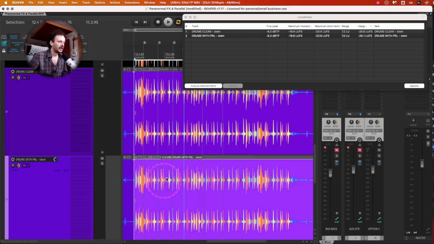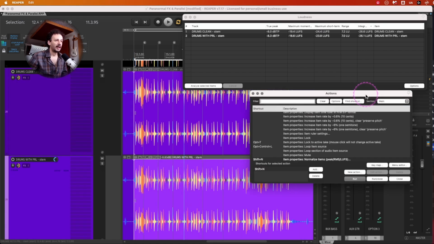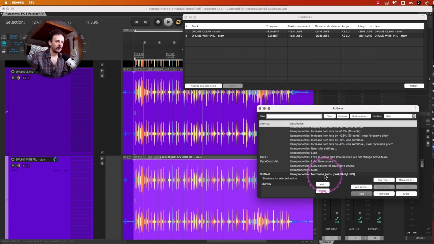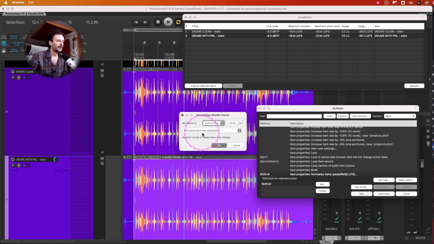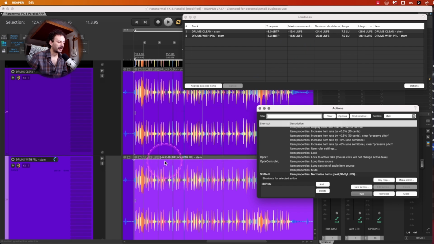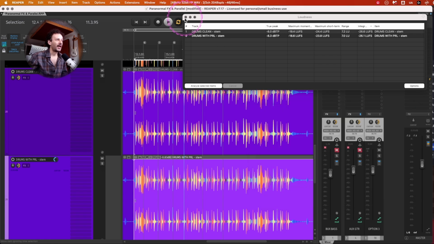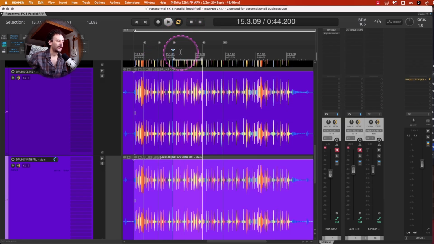So I can just take the drums parallel printed, I can hit the action normalize items, pick RMS loops. It's going to pop up this window and I'm going to normalize each item separately and I'm going to match this number, minus 19.4. It's going to make the proper adjustments. It's going to lower it by how many dBs those are, because dB is not necessarily loudness because it's K-filtered. So it's complicated, but it's going to be as precise as it can. So now, whenever I play one after the other,